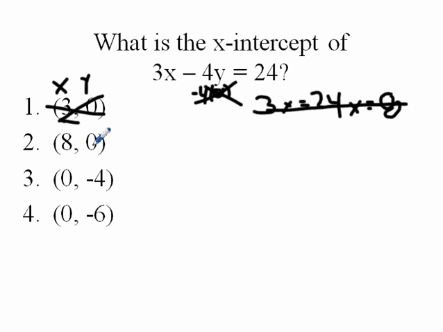So if I put in this set of numbers, I put 0 in for the y. Again, that makes it 0. If I put 3x equals 24,